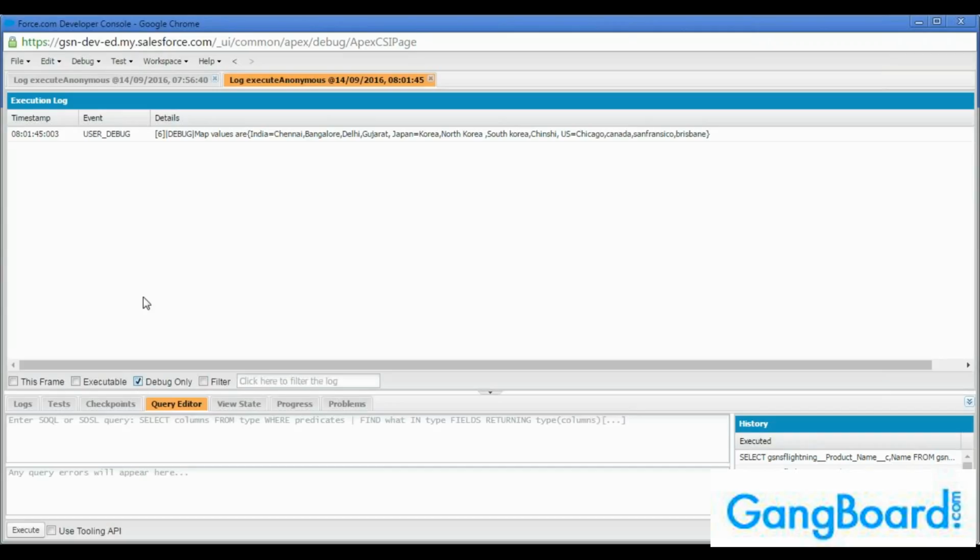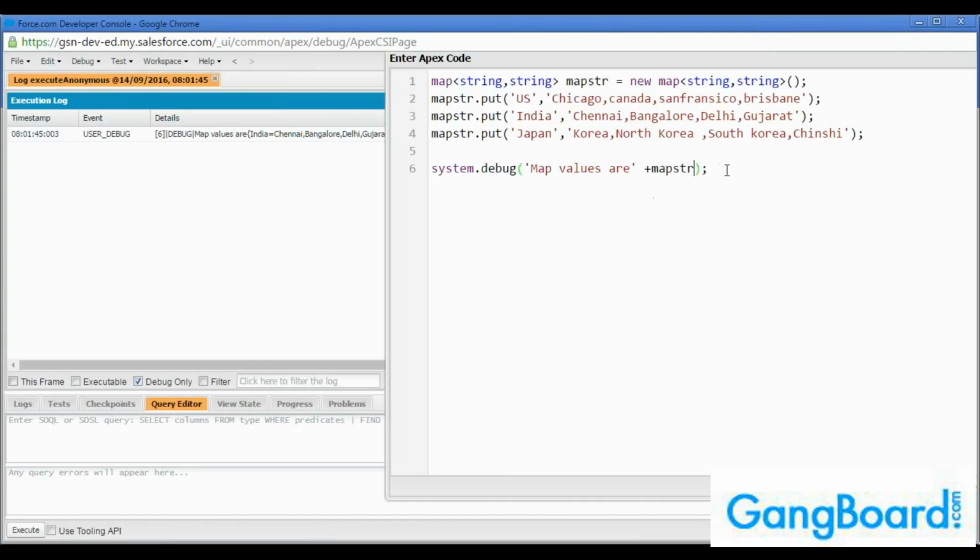Fine, see here. The map values are, for India it is Chennai, Bangalore, Delhi, Gujarat. For Japan it is Korea, North Korea, South Korea, Jingxi. For US, Chicago, Canada, San Francisco, Brisbane. So key value, key value, key value. So it is working fine. So now I want to find, for US, what are all the states. So if I am going to get that, for that,